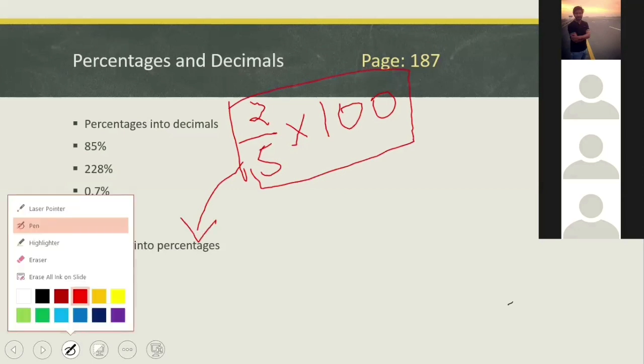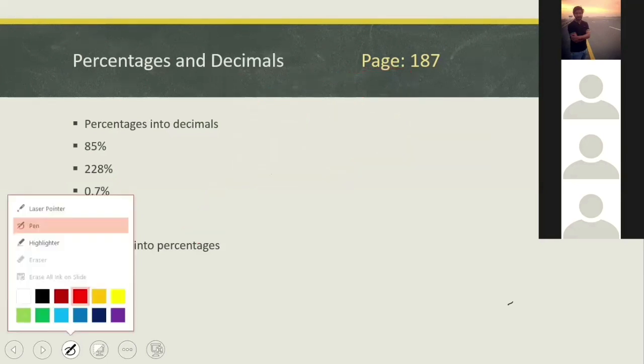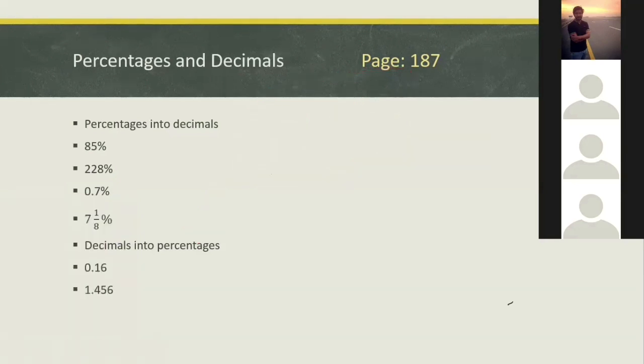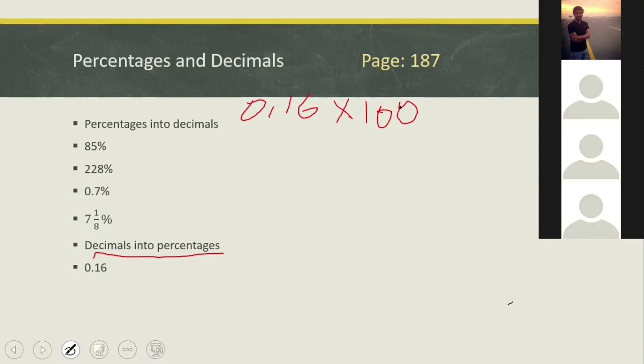The same concept is repeating here. If we want to convert decimals into percentages, like here we have a question which is 0.16. Now the question is to convert this decimal into a percentage. How can I convert it? By multiplying it by 100. Now, you have to write 100% because we are converting it into a percentage. So you have to write multiply by 100%.